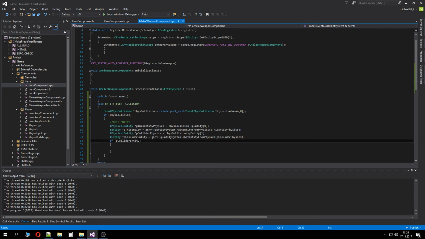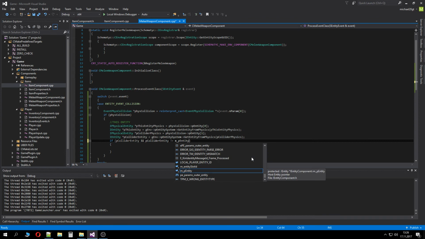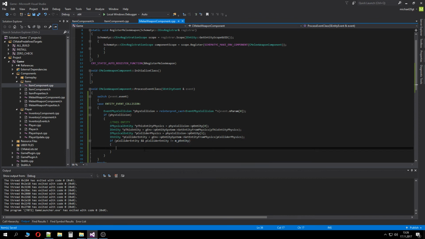And just to make sure that p collider entity is not p entity. So that's the way we make sure it's not colliding with itself, which probably should not happen, but